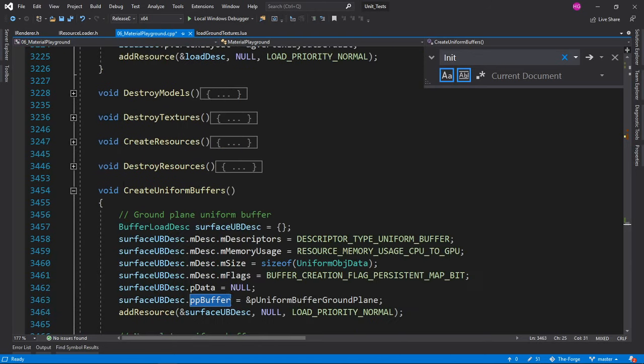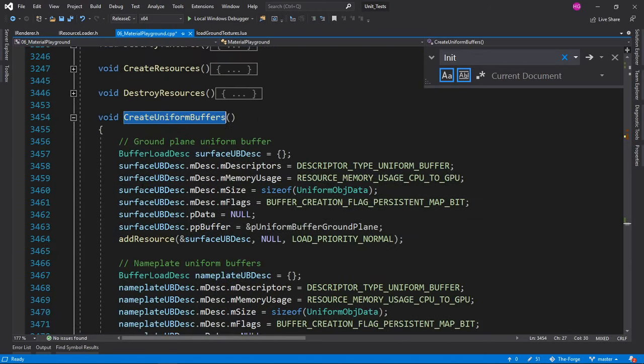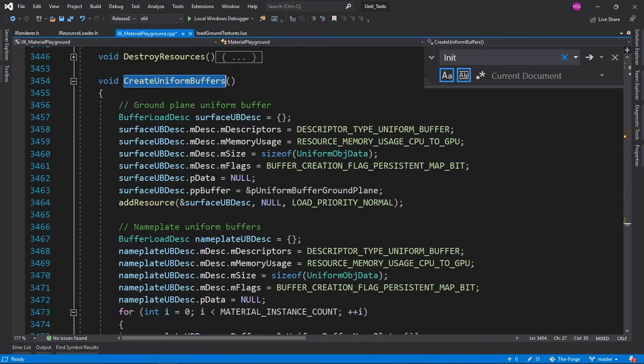So we were reading these create uniform buffers, and I was just saying their naming convention: they're using m for members, p for pointers, and double p for pointers to pointers. I don't care if this is a pointer to pointer or a pointer.